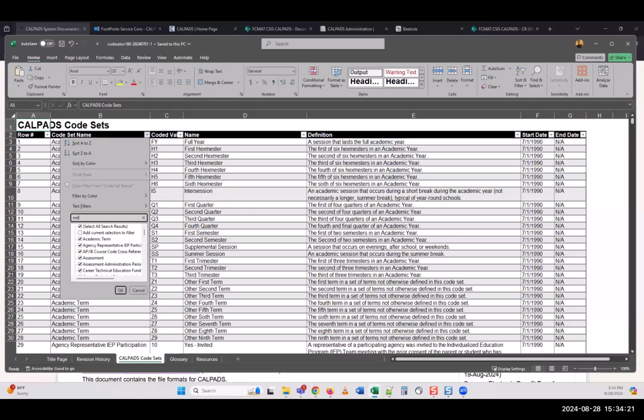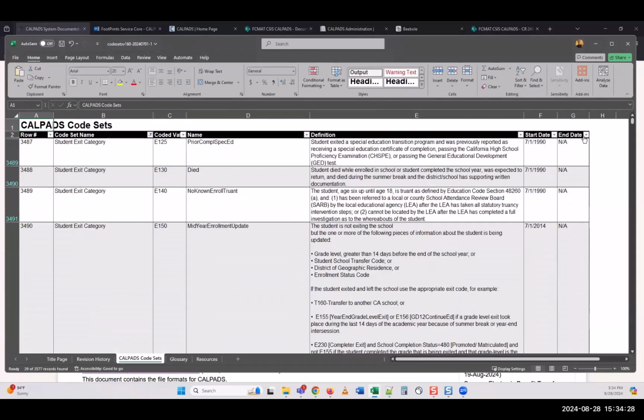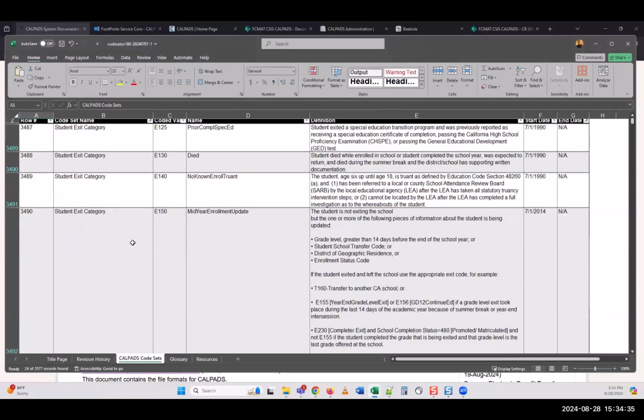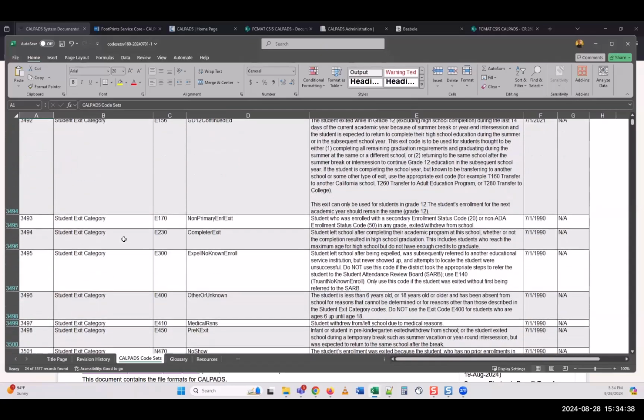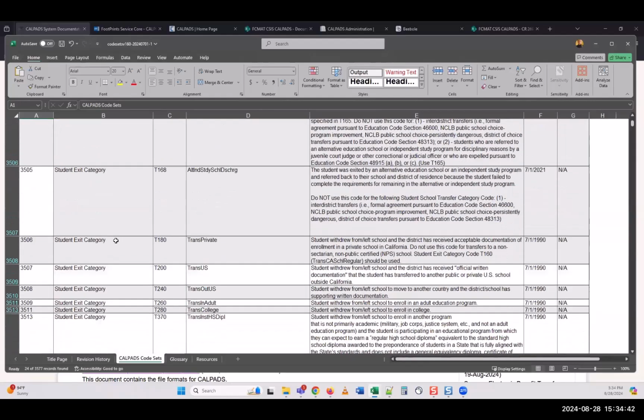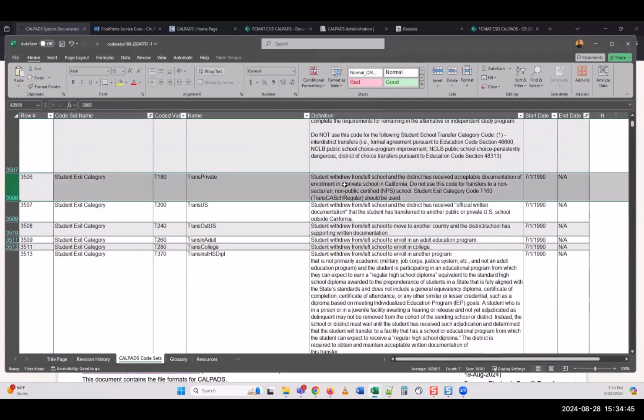So now he's going to be searching for exit codes. And T160. Not T160, right? Isn't it? No, T180. T180, I'm sorry. Yeah, not T160. There's T180 transfer private. And an online school,